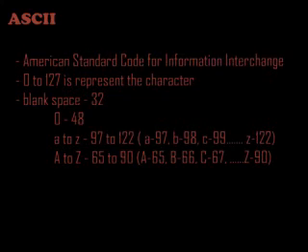That is, when we press the blank space, that is the space bar key, it is represented as 32. Then if you press the 0 key, it is represented as 48. The small letters a to z represent 97 to 122. That means small letter a represents 97, b represents 98, c represents 99, up to z represents 122.